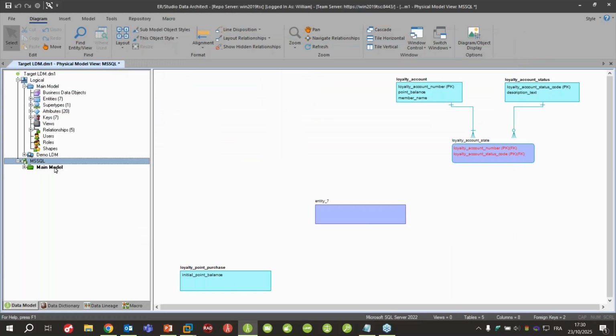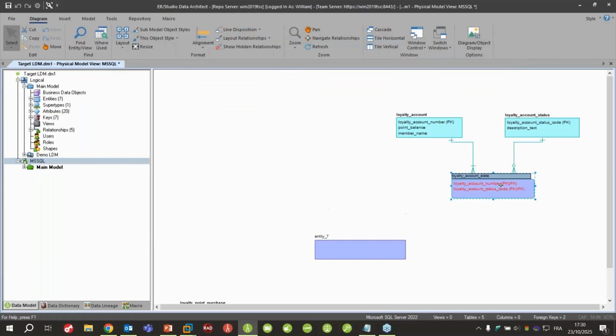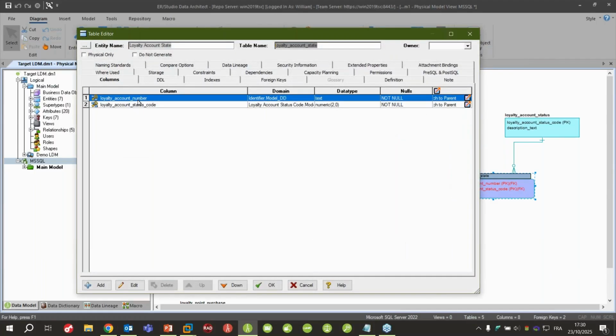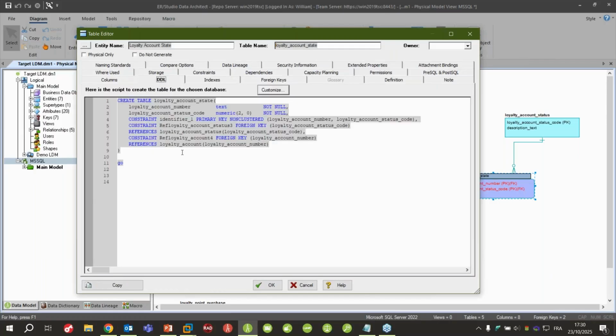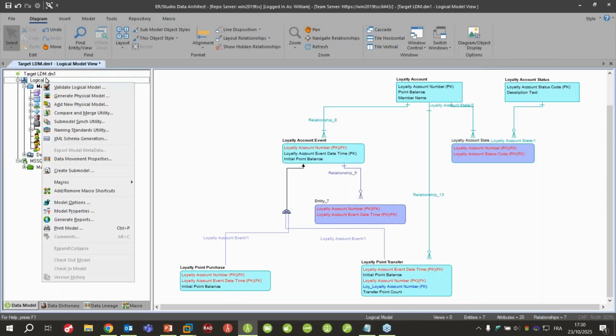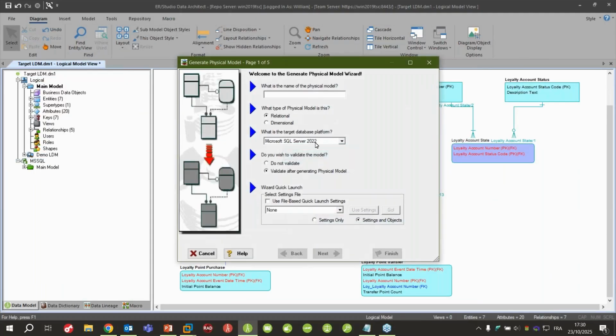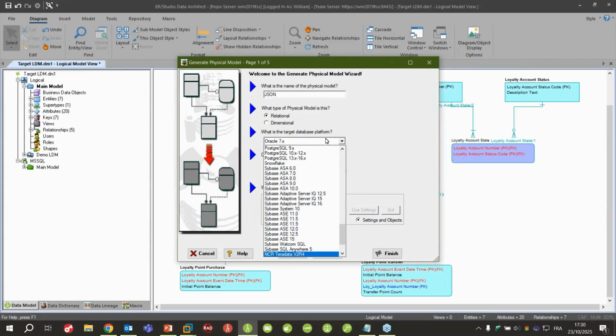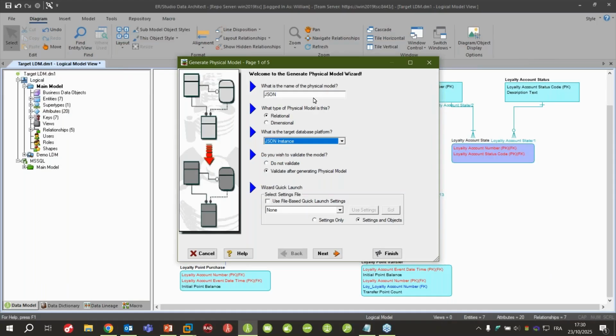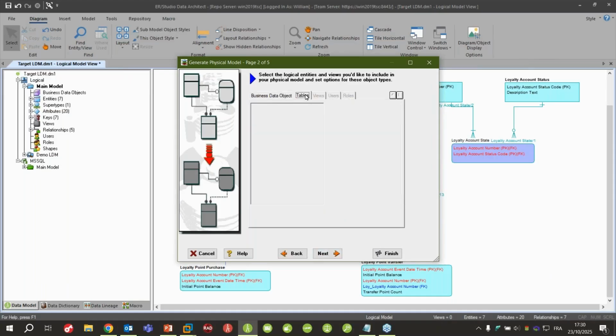And so regarding my MS SQL project that I have generated, I can check here and I will see, for example, that I have these DDLs that will be automatically generated from our logical model. And like I was saying, from one logical model, you can generate several physical models. So, for example, I can select a JSON instance to do something JSON. So, JSON instance, I will not validate. I have already shown it.